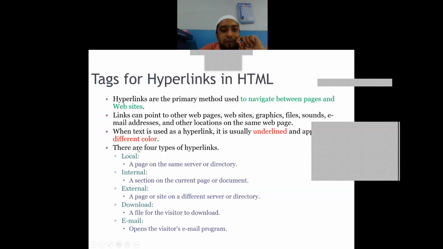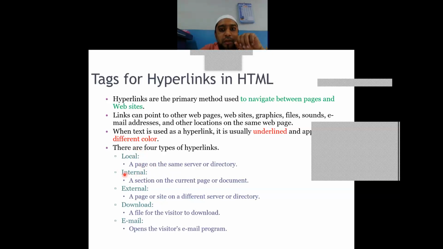First thing, if the navigation is going to happen within the same server, means two programs are saved on the same system and you are navigating within the same system, maybe on different locations within the hard disk, but you are navigating only within that particular specific server. So when this thing happens, you will have a local type of hyperlink.